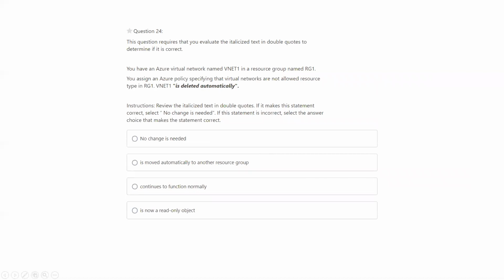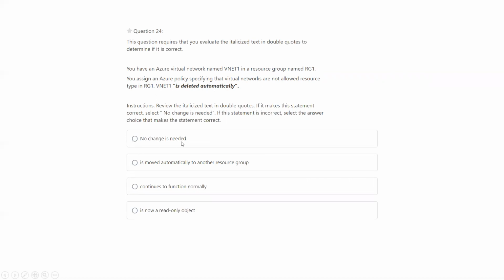Next question is related to this: you have an Azure virtual network named VNet1 in a resource group RG1. You assign an Azure policy specifying that virtual networks are not allowed resource types, and a VNet is deleted automatically. So this is talking about the policies.